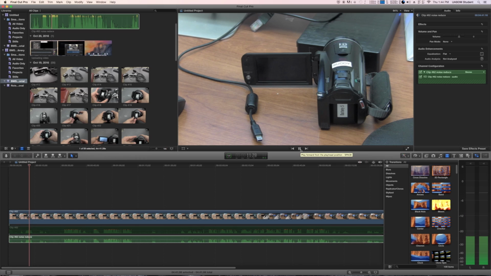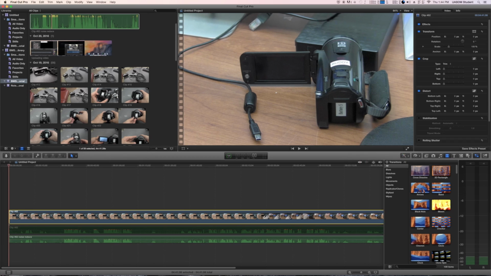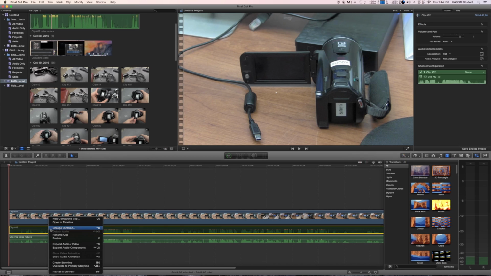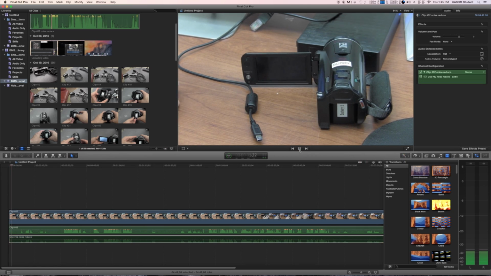And we can compare the 2 clips by enabling and disabling the original and vice versa. So if we right-click and we re-enable the original audio, disable the noise-reduced audio, and we click play, even though the amplitude is no different, you can hear the background noise in the original audio pretty loudly. All right. If we pause that